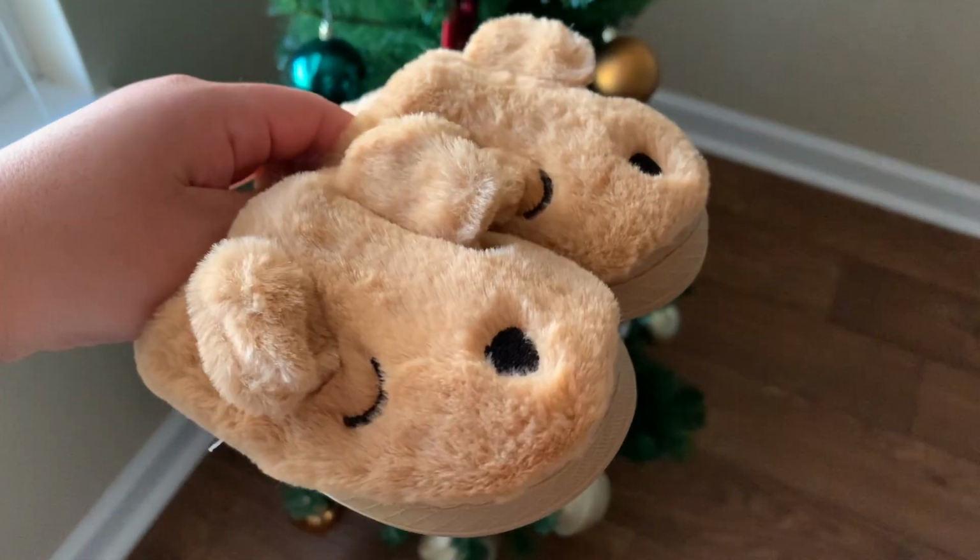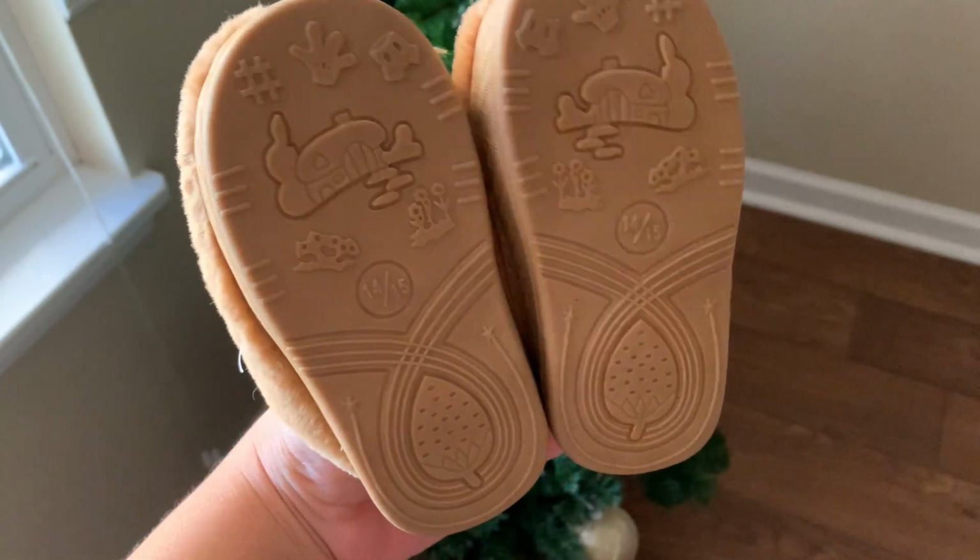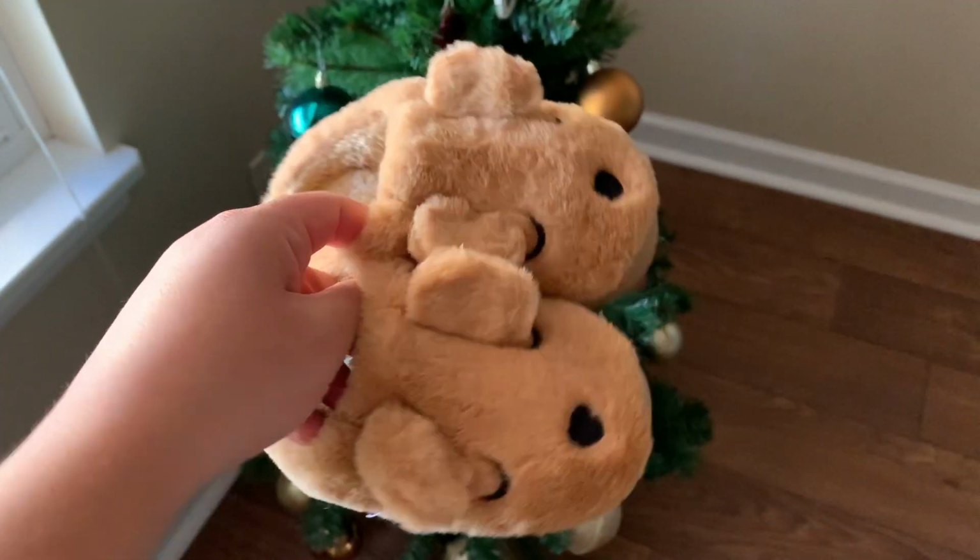The other item from Amazon, I don't have it right now with me. It is coming on Sunday, so I will leave a pop-up picture somewhere around the screen, but I did get her some slippers. She likes to walk around barefoot just like me, but because she is a baby and I don't want her to get sick, I always put socks on her, but they always ended up getting raggedy and dirty. So I figured that I'd get her a pair of slippers, and I ended up getting them for $6.99, I believe,